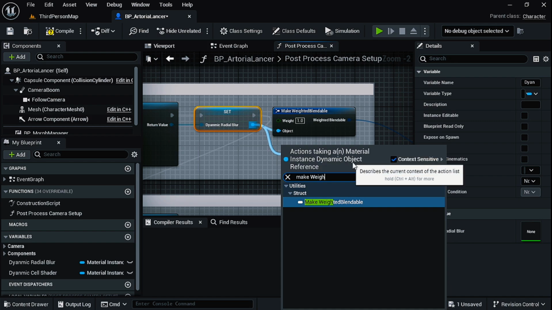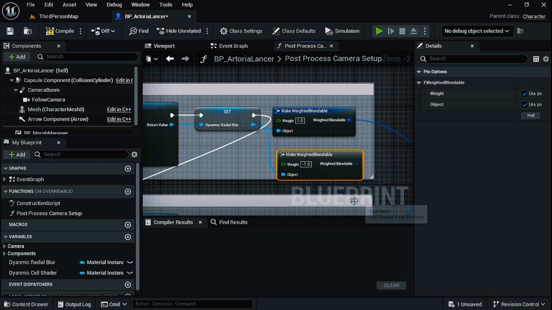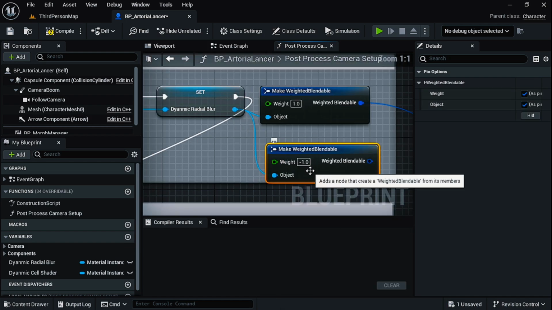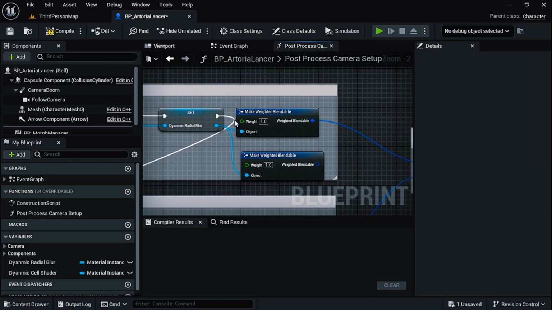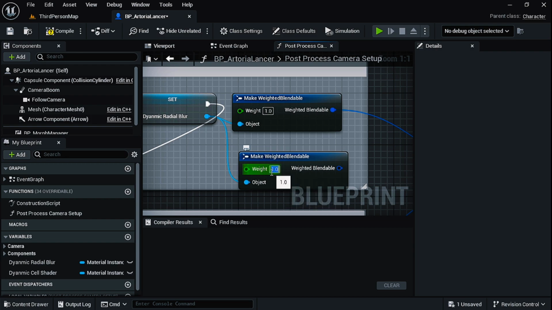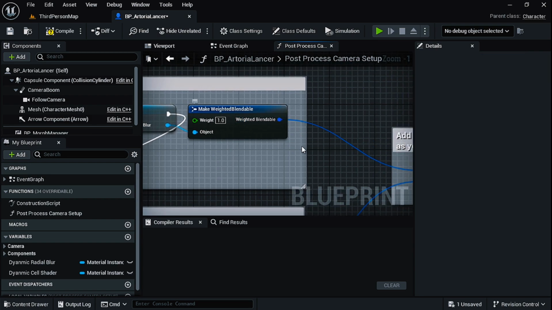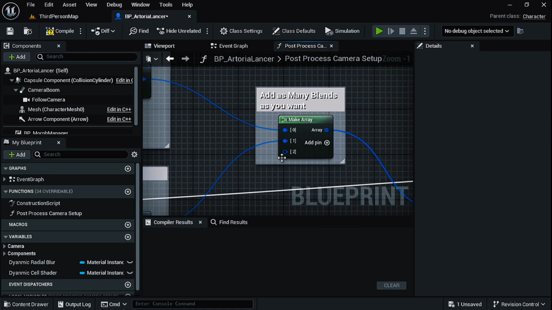You can search the make weighted blendable to use this node, and be sure to change the value of this -1 to 1, because it won't blend, your material instance won't blend to the camera system if it is a -1, as this issue also happened with me. So be sure to change this -1 to 1 here, and the return value of this weighted blendable I have connected to an array, because